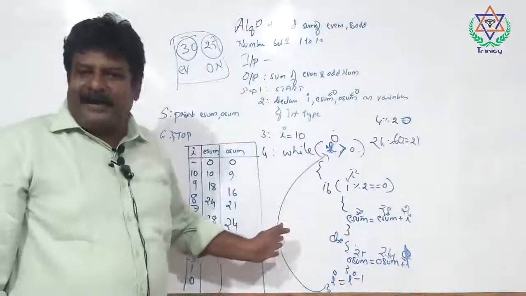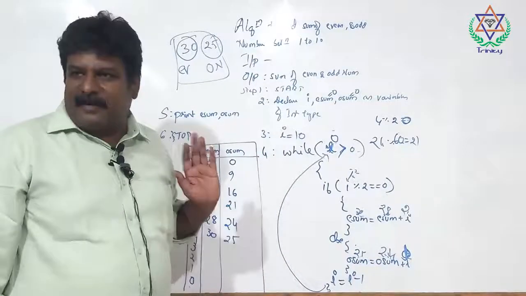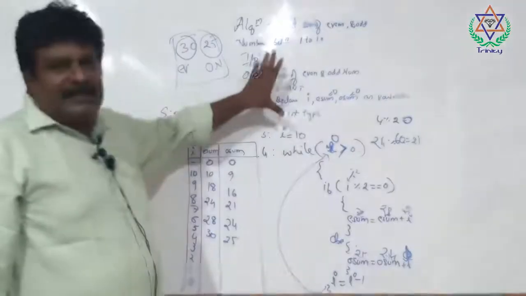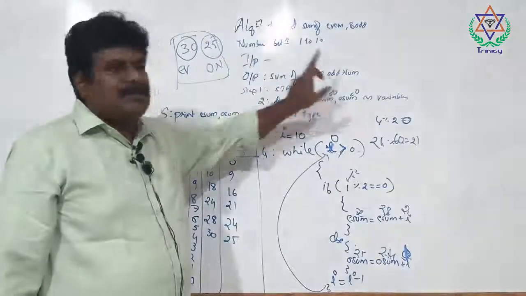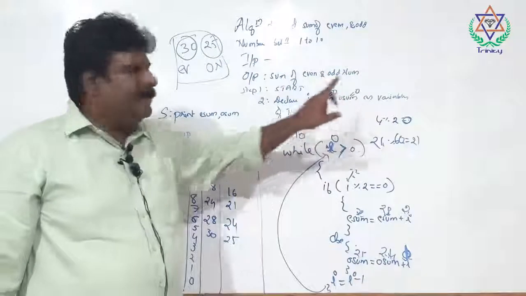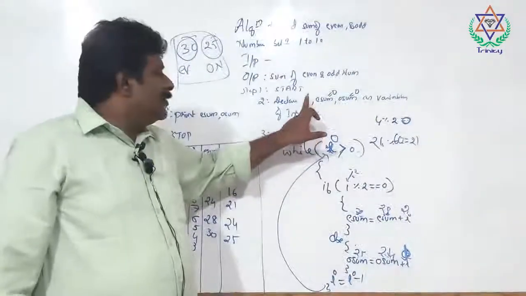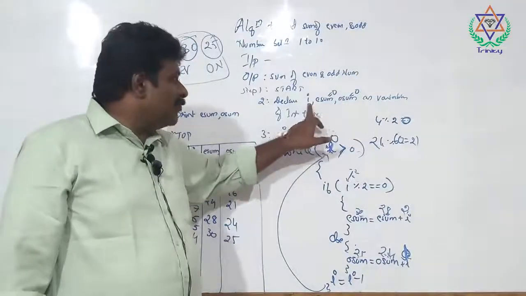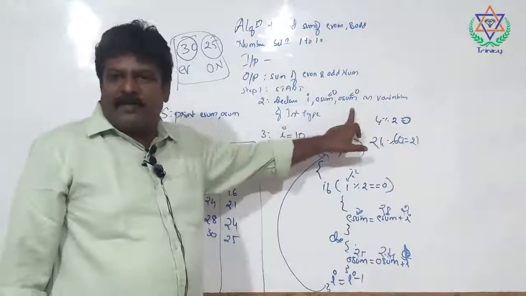Algorithm to find the sum of even and odd numbers between 1 and 10. For that, input is nothing, output is the sum of even and odd numbers. We have to write between 1 and 10. After this is start, and we have declared 3 variables over here. One is counter, to store the even sum, that is eSum,